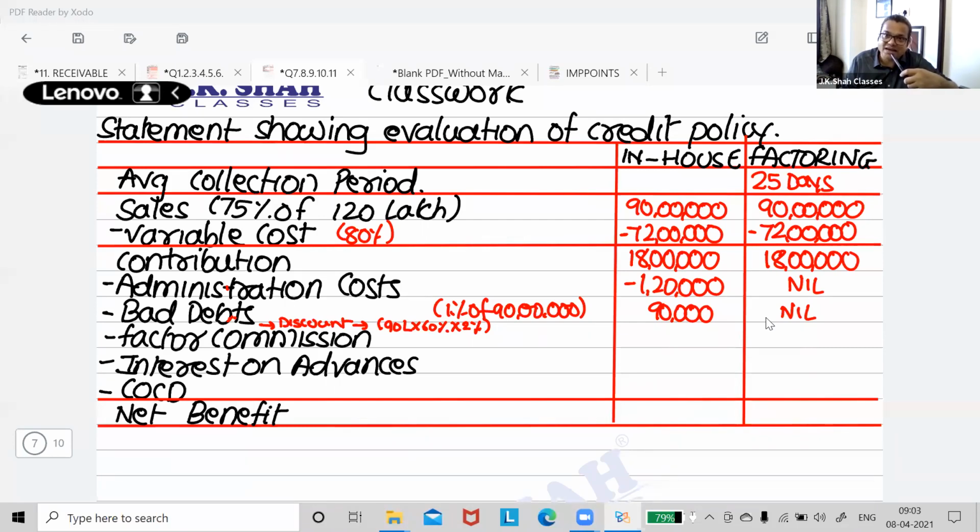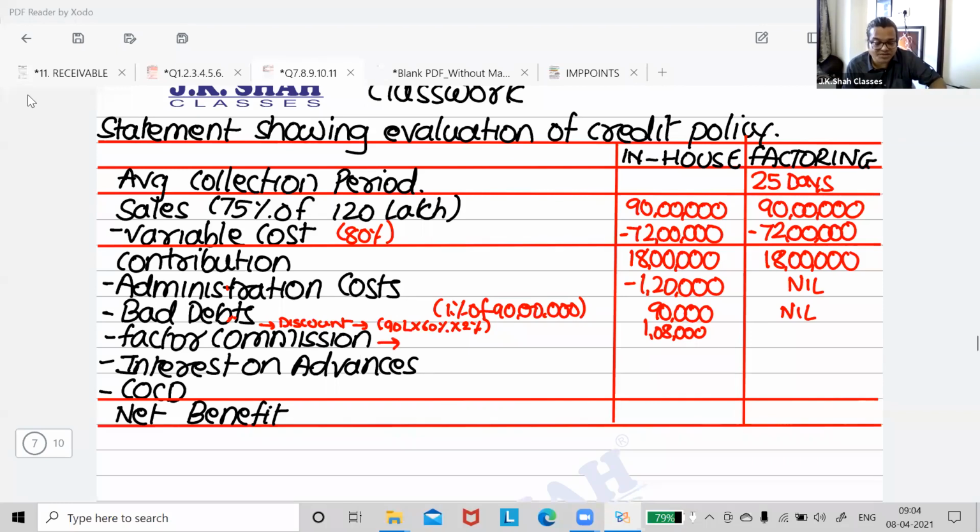Total credit sale is 90 lakh. Out of that, how many are taking this offer? 60% people are taking the offer. So 90 lakh, 60%. 54 lakh of the credit sales are saying, okay, fine, we will pay within 10 days, give me some discount. 1 lakh 8,000, I suppose. Okay,